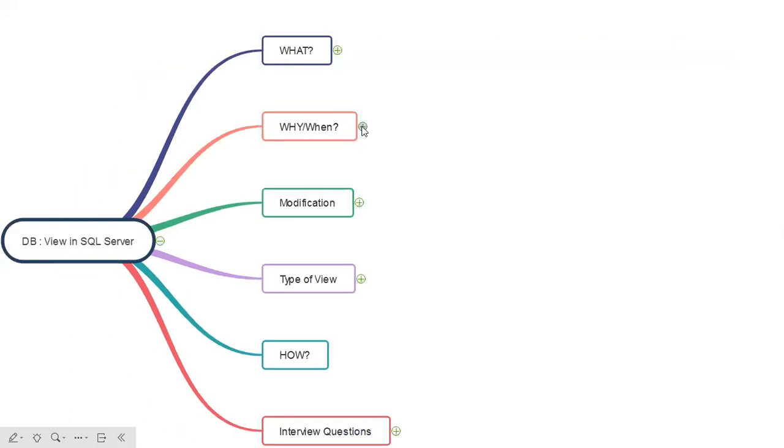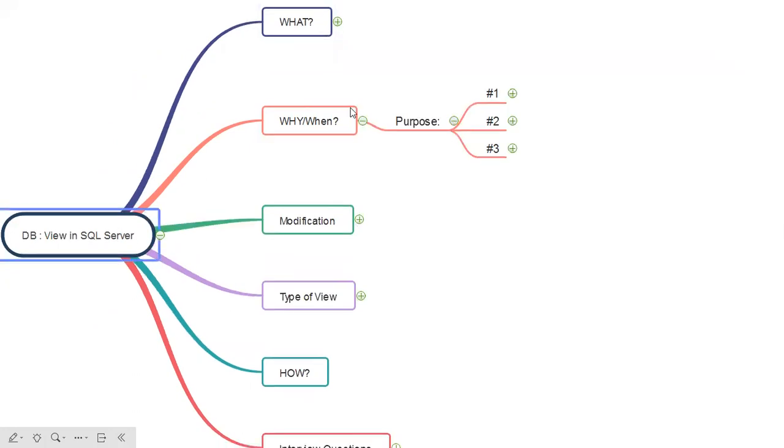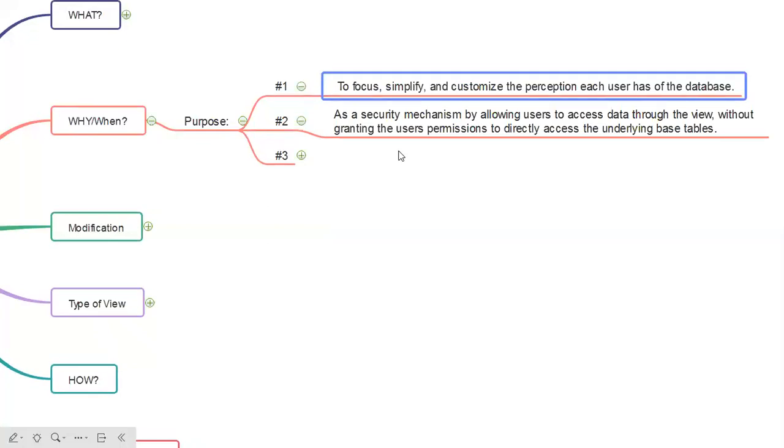So the second point is why we are going to use view. There are three purposes of using view. The first one is to focus, simplify, and customize the perceptions each user has of the database. The second one is that view is used as a security mechanism by allowing users to access data through the view without granting the user permission to directly access the underlying base table, which means that